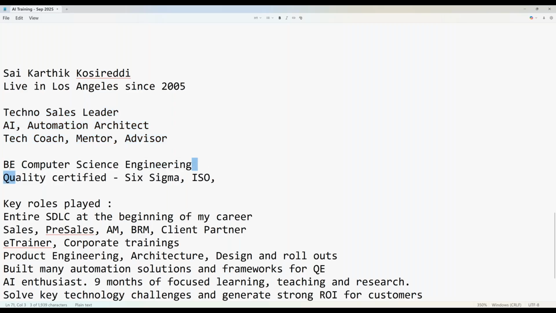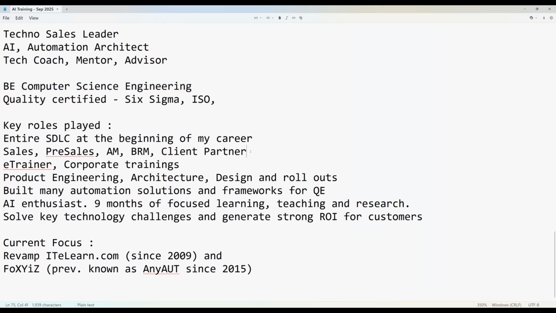I've only done my Bachelor of Engineering, never got a chance to work on anything beyond, a Masters or MBA or so. But I was very glad that even without an MBA, I could grow into the sales side, pre-sales. So I spent almost a decade handling Fortune 500 customers, like 15, $20 million accounts, with 2,000, 3,000 people in the account portfolio, across multiple locations. That gave me a lot of exposure. But I always wanted to go back to my core computer science engineering skills, and that is where training and product engineering came in. I built a lot of solutions.